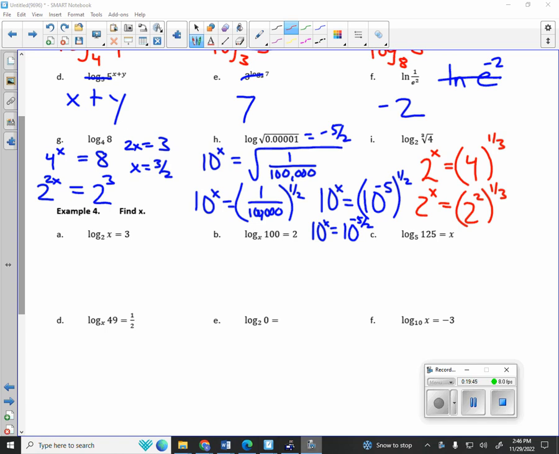Okay, why don't you pause and glance and see about where you're at. I have 2 to some power, so 2 to the x power is equal to 4 to the 1/3. Did you write that? Yep. Okay. And then